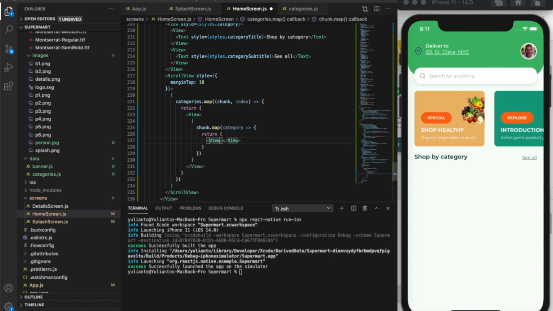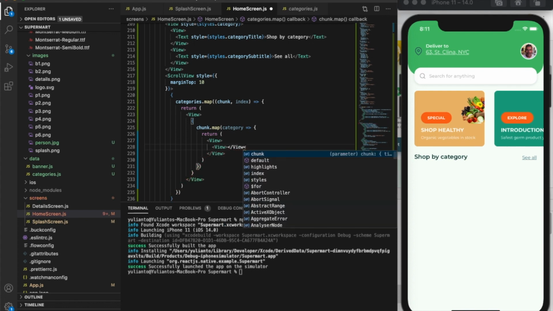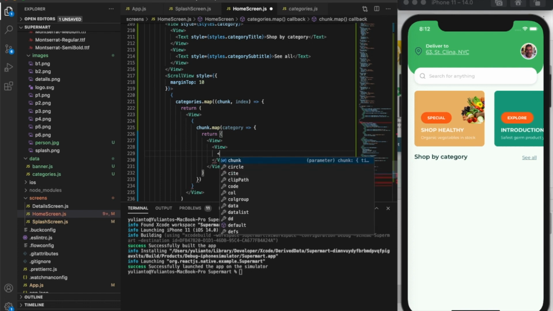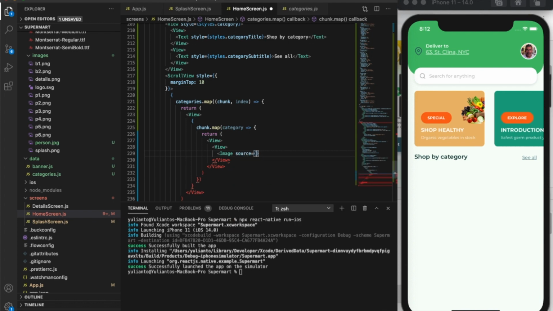Okay, and create another view. And create some image. An image will be gray image,